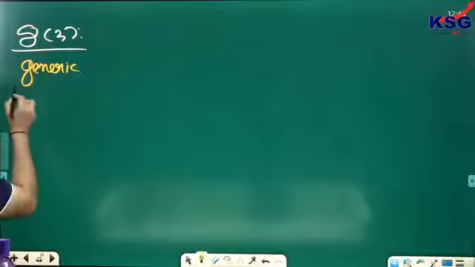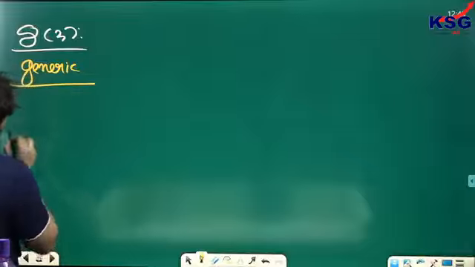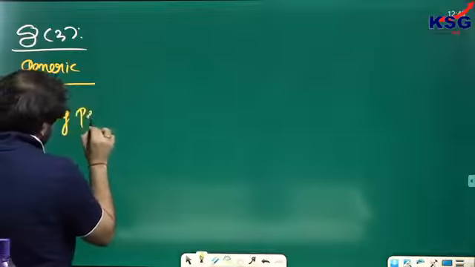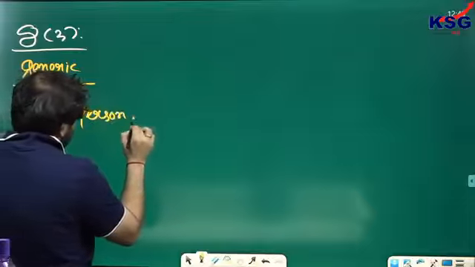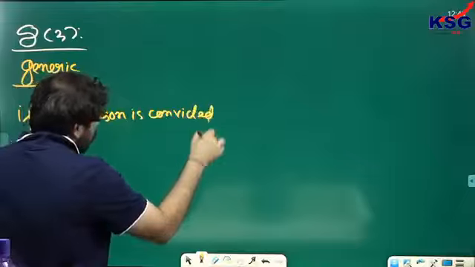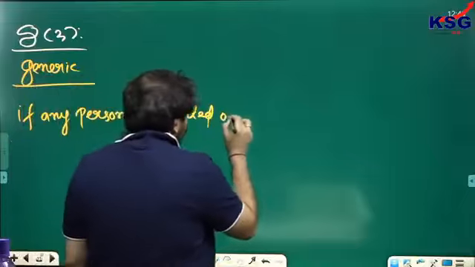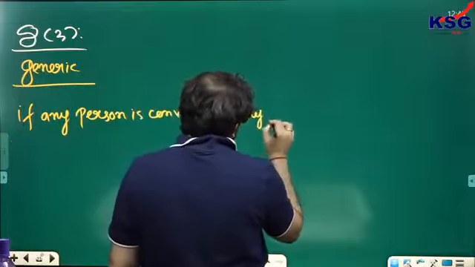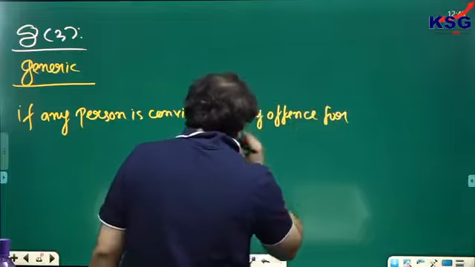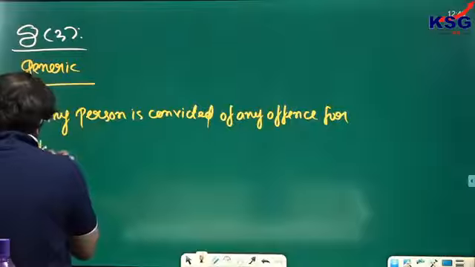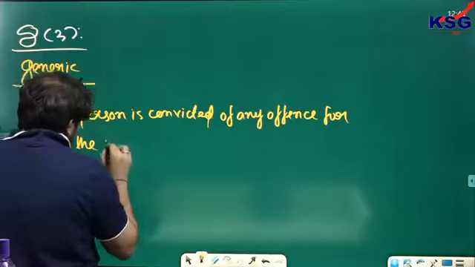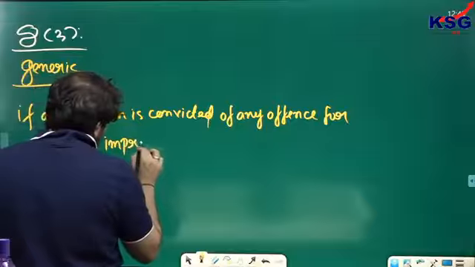What is a generic understanding? It says that if any person is convicted of any offence for which the imprisonment